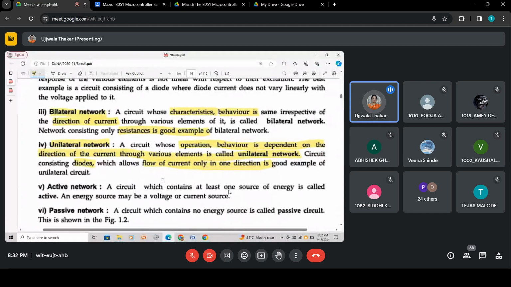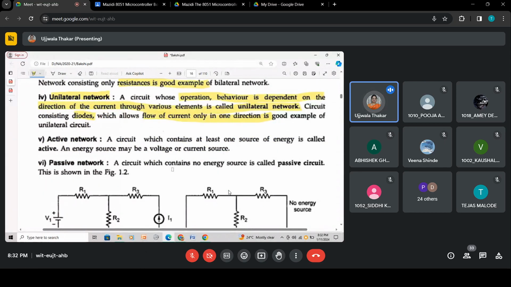So you should know the types of circuit, the classification of circuits, and at the same time you should know an example of each. We have seen linear, non-linear, unilateral, bilateral. On Monday, I'm going to take a revision of this, so you should be explaining to me